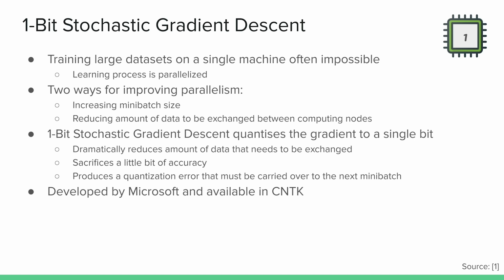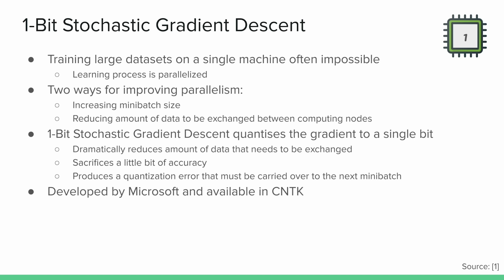And this 1-bit stochastic gradient descent is trying to do the second thing by quantizing the gradient of your model to just 1 bit. So it dramatically reduces the amount of data that needs to be exchanged, while of course